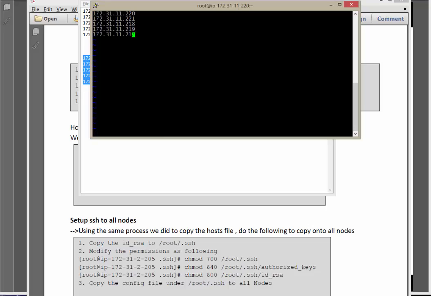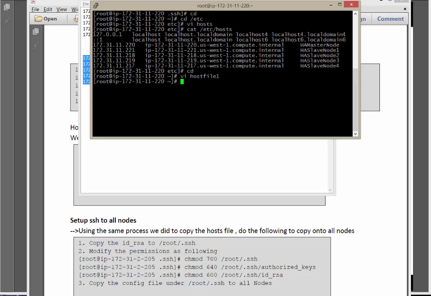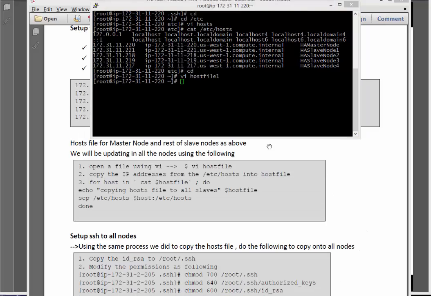Okay, escape, insert, and paste them. So now let's write the little for loop. For host in cat $host file 1, do echo copying hosts file to all nodes